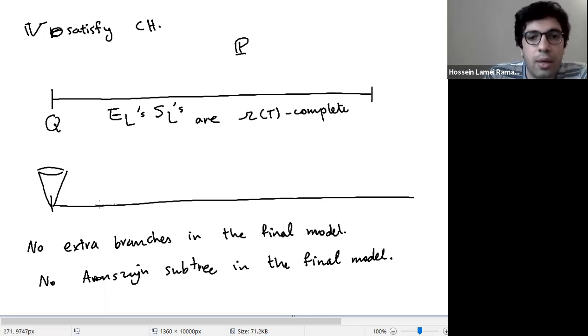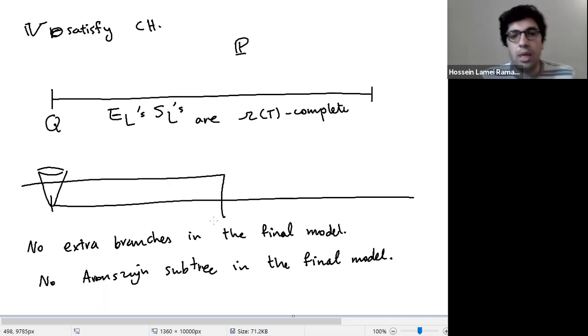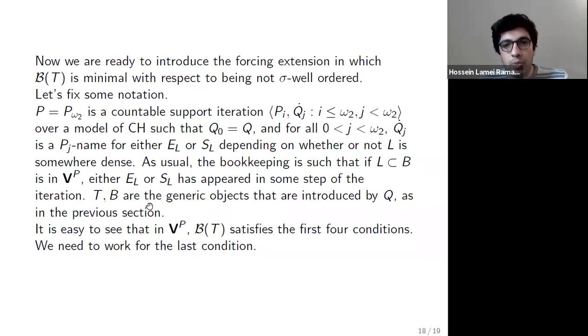Again, we have this iteration. We're going to take a countable submodel M, which is going to contain this iteration. So we are going to find lower bounds for the first instance of this iteration, and then lower bounds for the indexes of the iteration which are in M intersect omega 2. The length of the iteration is, of course, omega 2, by the way. Okay. How do we do this?